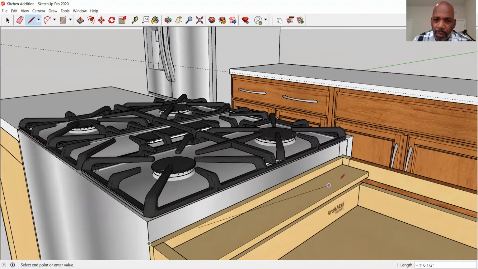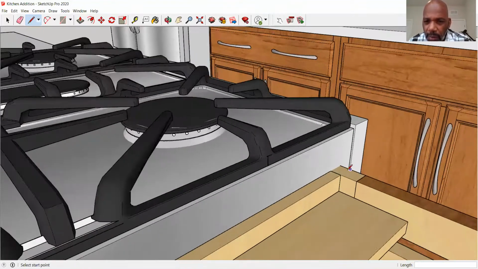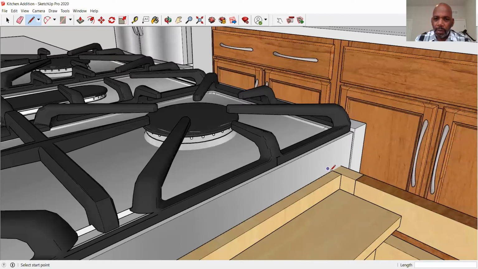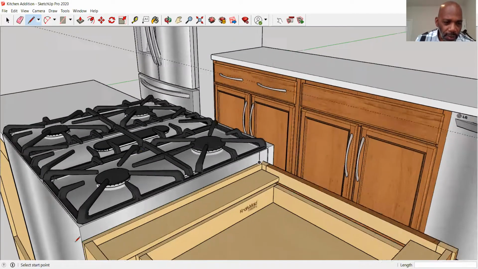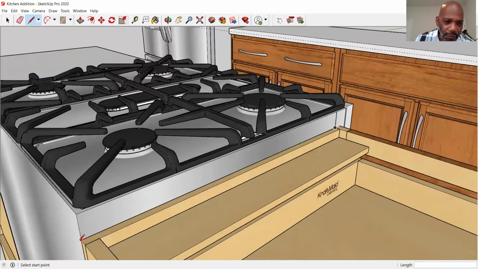Okay, line back here, line back to here. Oops, so something's not right. So let me go back and see what's going on. Okay. Sorry. The line tool. Inch and a half. Okay, so let's try it this way and see if I can. That's an issue. If I go here,